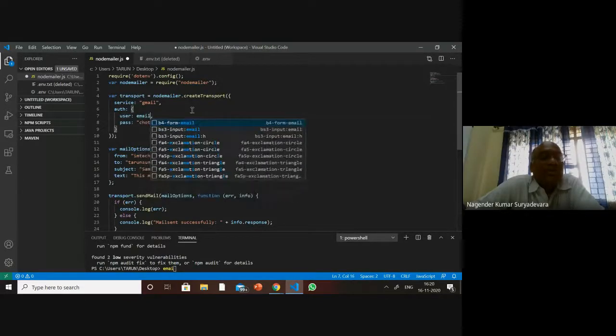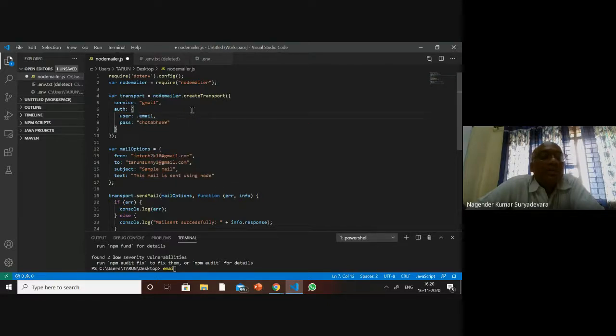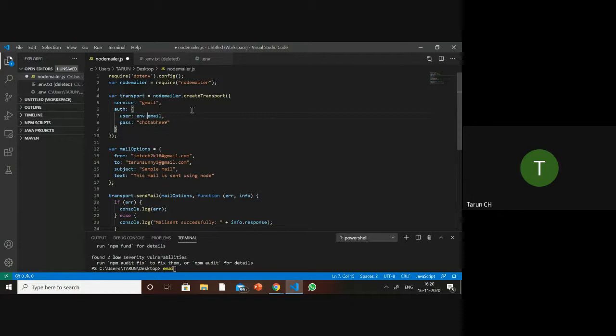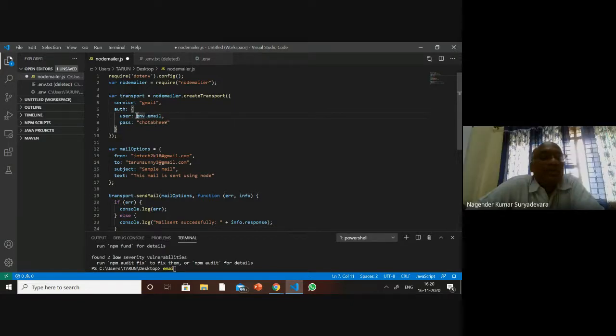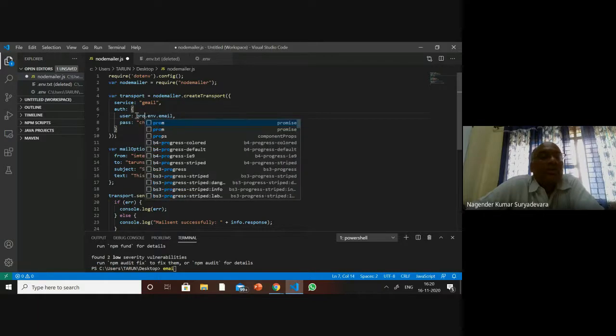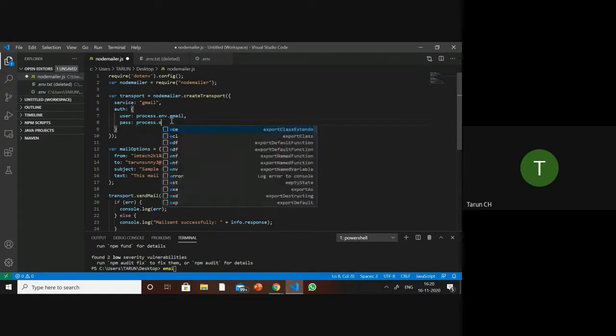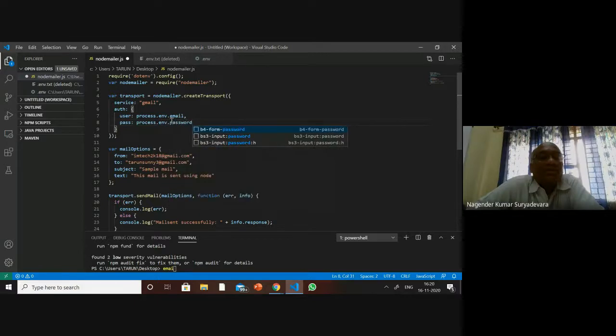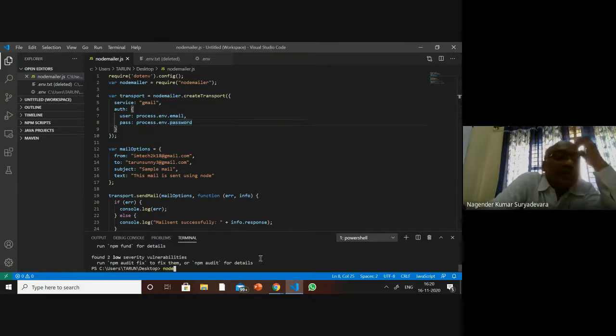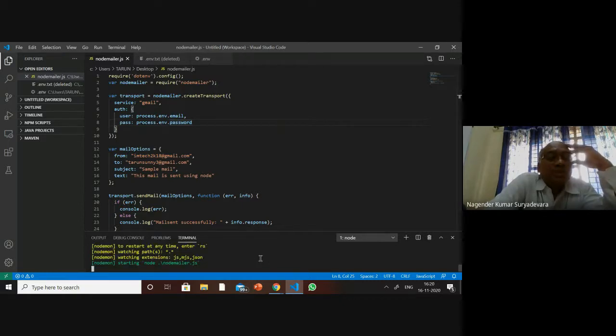So now you first type that one, and you have to access this variable from the environment. So you have to put env.email, and this environment has to be a process which is running in the background. So you put process.env. Similarly, env.pass. Save it now and run the program. So your email and password are now hidden in some form from the user, from the public. They will not be able to see them now.